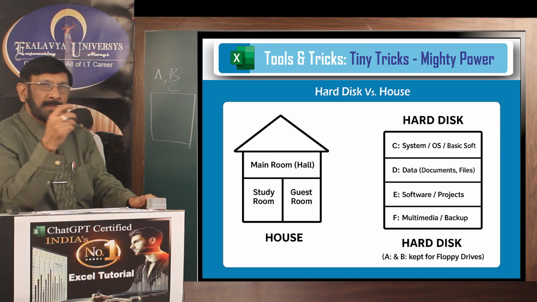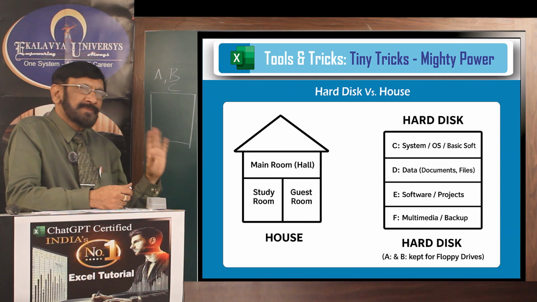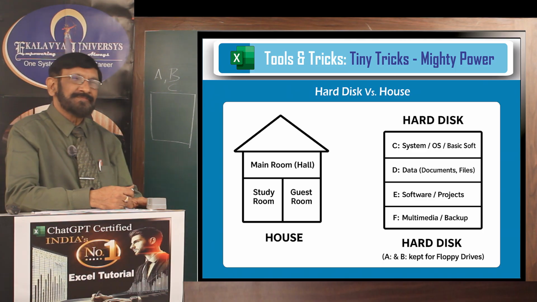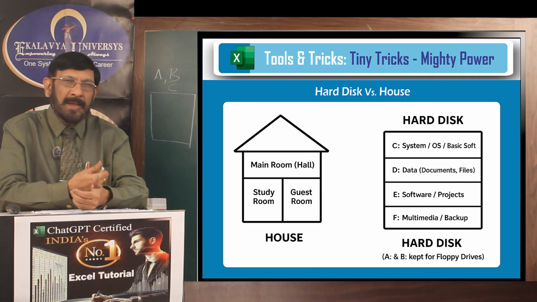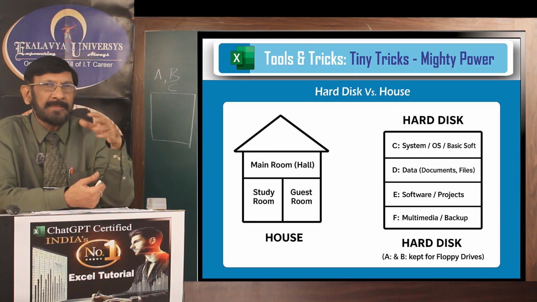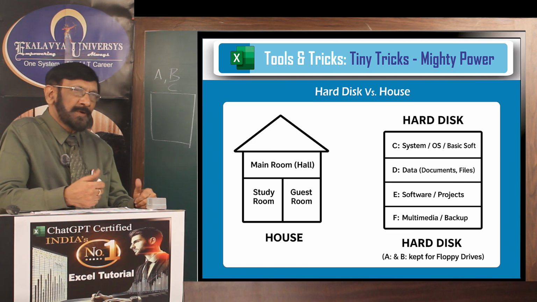But most of you by the time were not born. That's why you do not know about that. Others also do not know. So our system's first disk starts with C. That point you have to understand. Thereafter, depending on our usage and comfort, we divide it into D, E, F. That is totally user oriented, customer oriented.